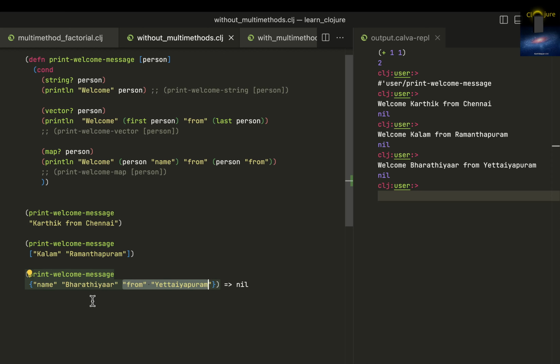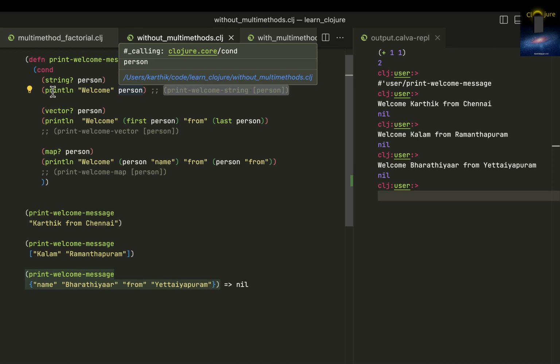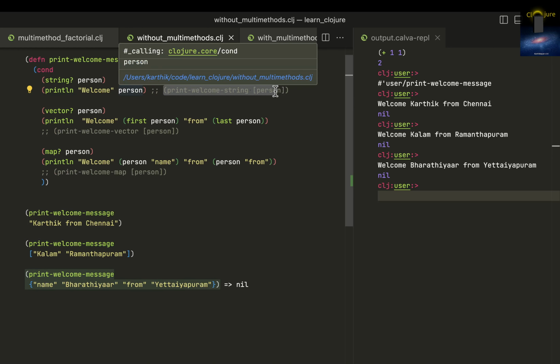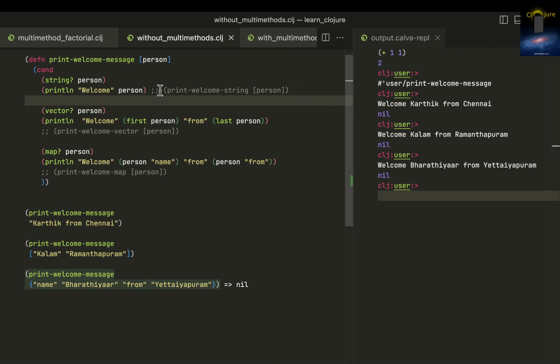It's very nice, you're able to do that. But what if you need to do a lot of processing? Let's say it becomes 20 statements in each branch. 20 statements here, 20 statements here, 20 statements here, it just becomes ugly. You can put some stuff in functions, like a do block, or refactor into functions. If the person is a string, you can call print welcome string,